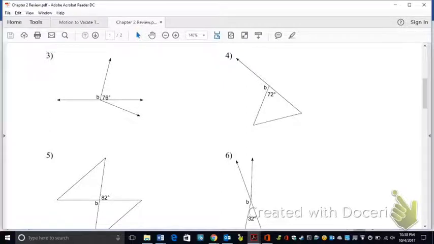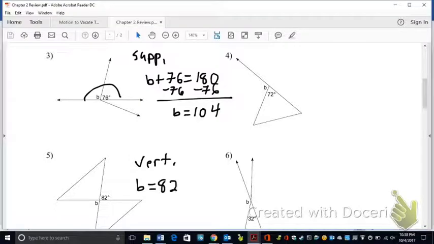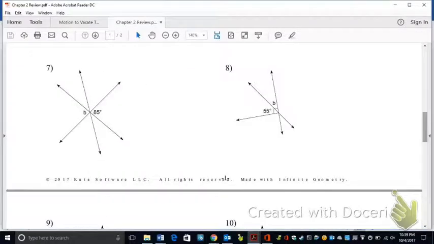Number 3, we have a linear pair, so they're going to be supplementary. So B plus 76 equals 180. Subtract 76 from both sides, and you get B equals 104. Down on number 5, we again have vertical angles. So you're going to get B equals 82. Number 7, vertical angles again. So B equals 85